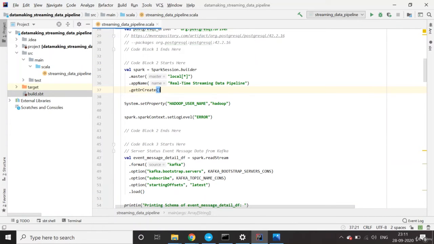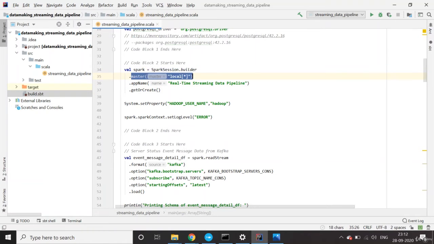Now we come to the initial imports. You need to create a Spark session object, which is the one that can talk to the Spark cluster and execute our code. This program is basically a driver program, which has to be converted into a logical plan, then optimized into a physical plan, and run on the Hadoop cluster. So the Spark session object helps us run our code on the Spark cluster. We need to create a Spark session object.